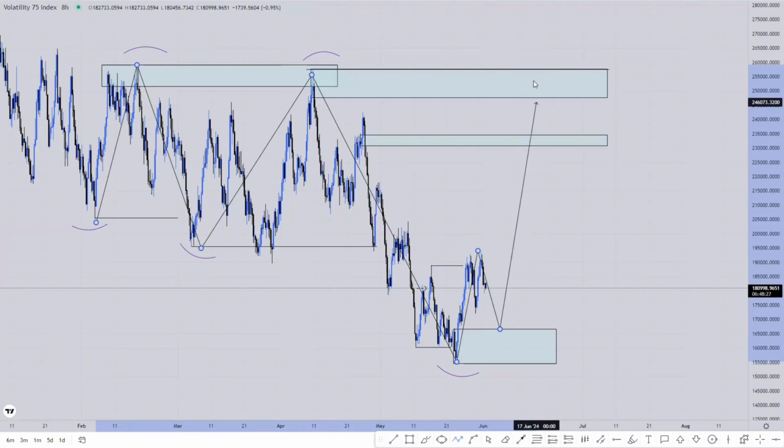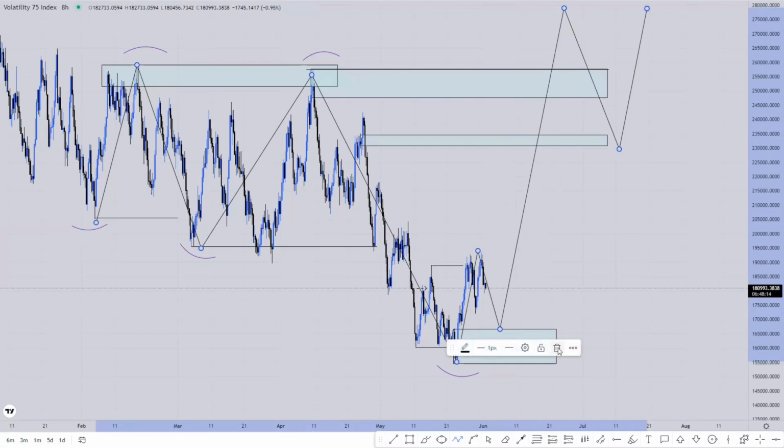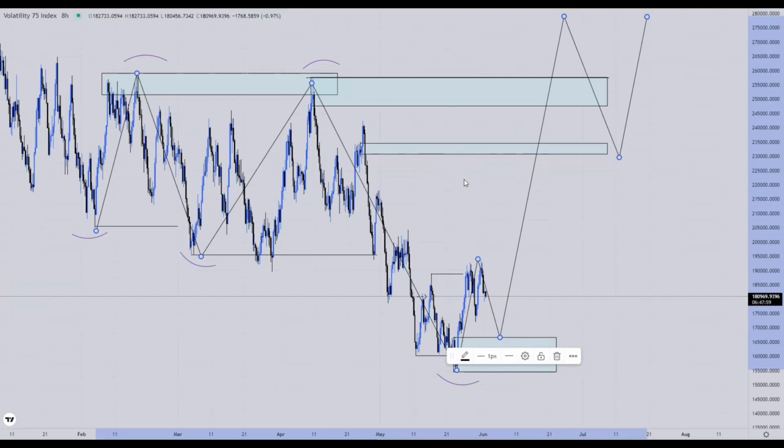Then these are going to be our short-term targets. But if structure remains bullish and doesn't shift to the downside, we'll literally keep on holding. So once they change there, then they can give you maybe a slight pullback before they offer a continuation like that. So this is one of the major trades that I'm actually anticipating for Volatility 75. Basically for this month of June, the major trade that I'm anticipating is the swing buy on Volatility 75, which I'm also anticipating each and every single one of you to take, as well as I'm going to also share